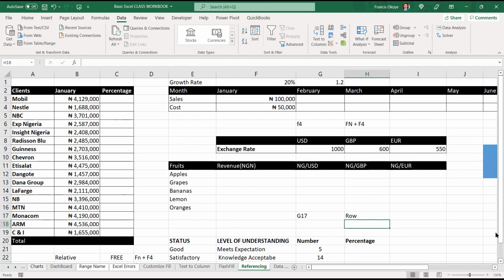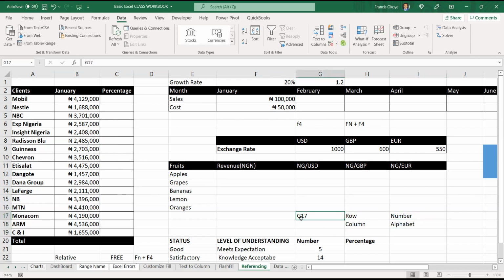By number. How does Excel identify a column? By alphabets.